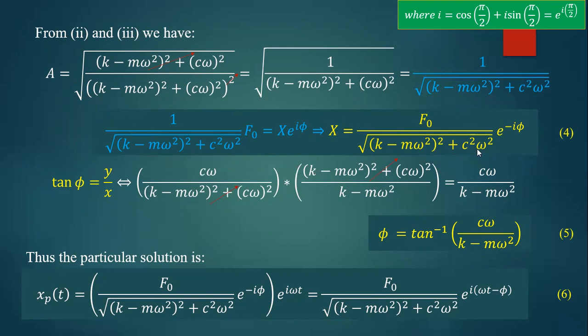x is equal to f naught over radical of k minus m omega square the whole square plus cw the whole square, times e to the power of minus i phi. Now we can take tan phi is equal to y over x. So our y is